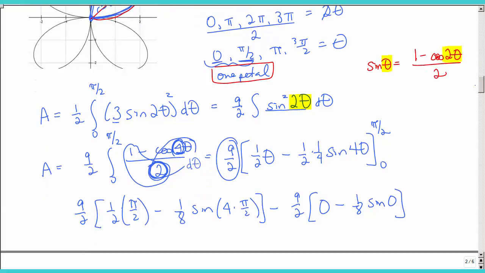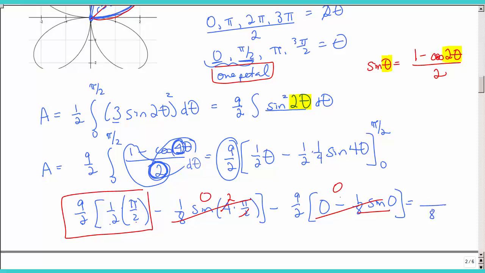So let's see, what do we have here? Let's do the easy part. The sine of 0 is 0, so that's all 0. That would be 2 pi. The sine of 2 pi is 0, so that's 0. So all I've got left is right there. That's my answer. 2 times 2 times 2, that's an 8 on the bottom, and I have a 9 pi